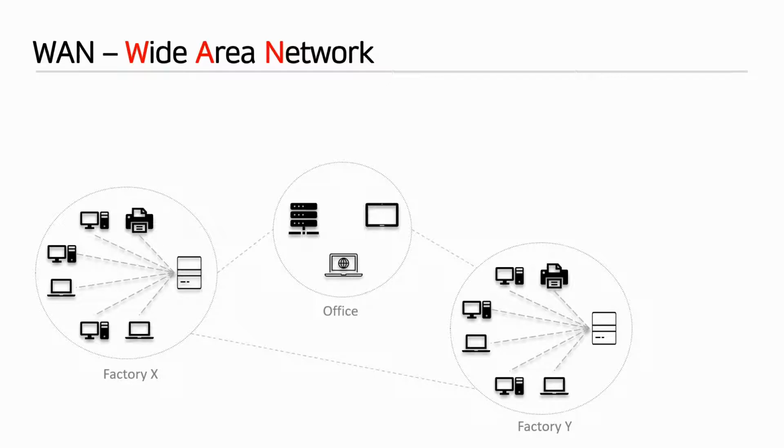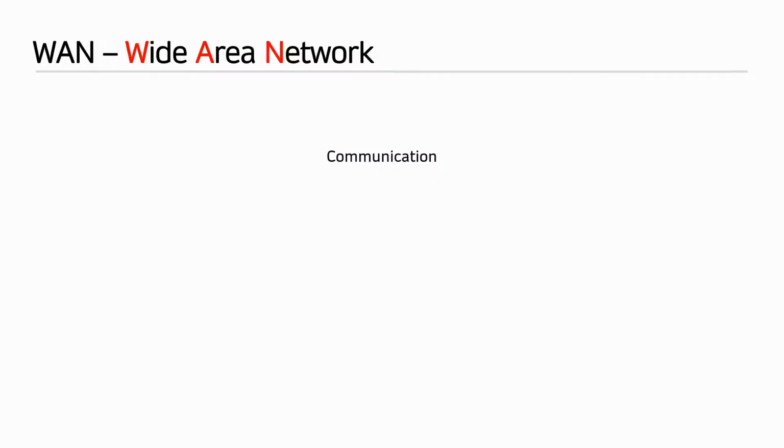Wide area networks are easily expandable. Let's say the company has enough resources and decides that it is a good time to build their own data center, so they decide to do that. The data center location is on its own a LAN and can be easily integrated into the company's wide area network. A wide area network makes communication between staff located in different locations much easier.